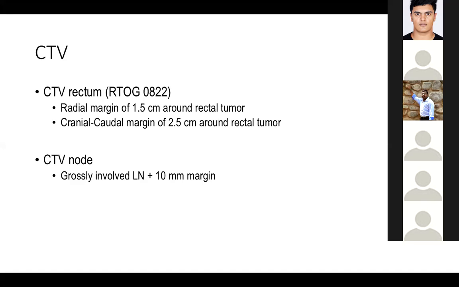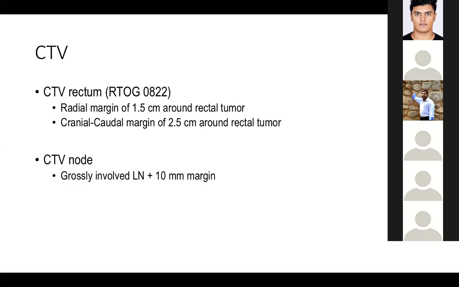Now this is very important, and it has to be correlated with also your colonoscopic or proctoscopic findings, so that we are not missing out any submucosal extent on our CT scan, which may not be visible to us. So it is better to give adequate margins and then give a sort of an expansion to go into this mesorectal volume that we will be creating after that.